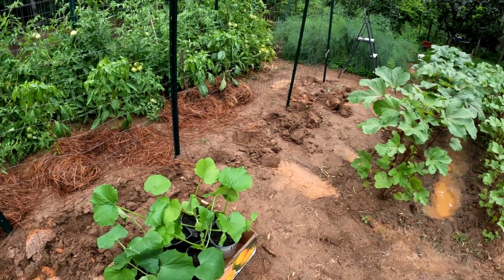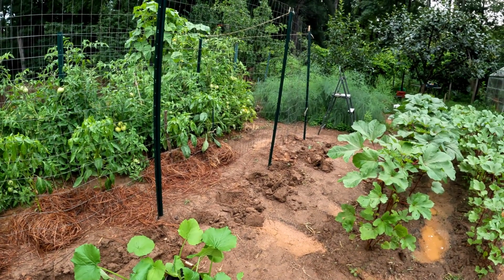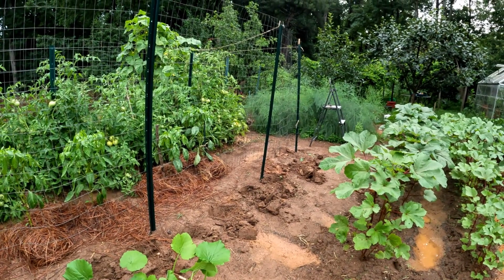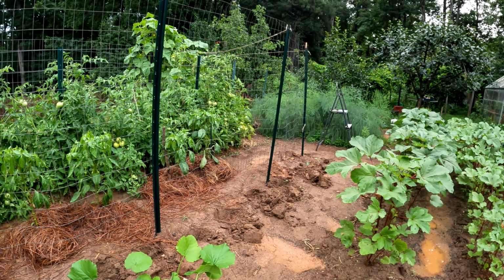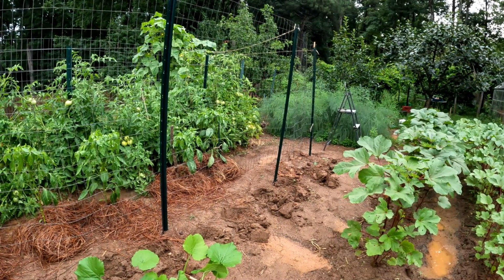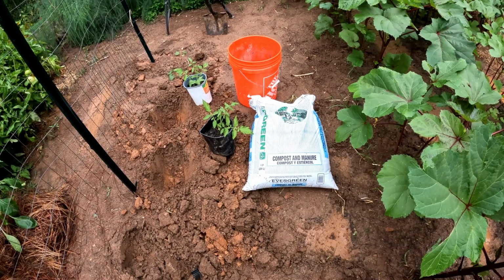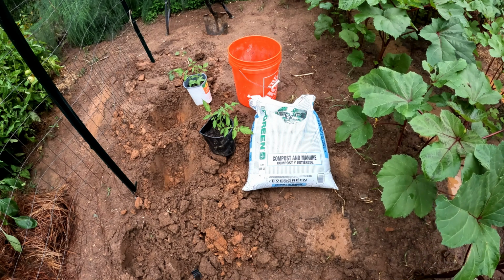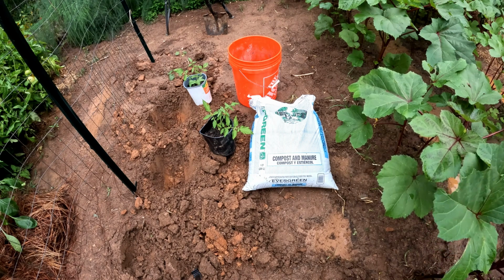Now, I put this fence up the other day, and I'm using it for a sunscreen. I've taken it down, of course, because we had a big rain today. You can still see remnants of the puddles. So it finally got dry enough, not dry enough, less muddy, that I think I can get out here and plant. So we're going to put these plants in the ground. So you may notice it's late in the evening. That's when you want to do this kind of transplanting. That way at least you give them a night without that strong July sun burning on them